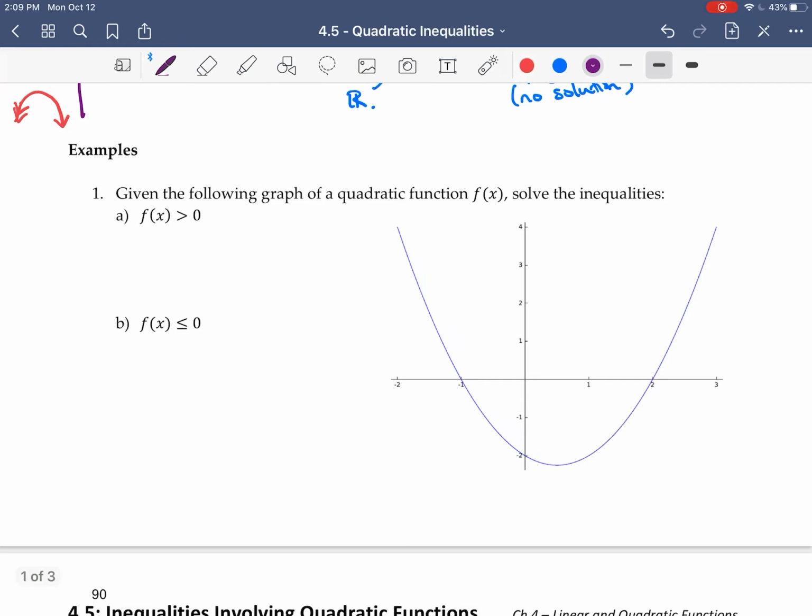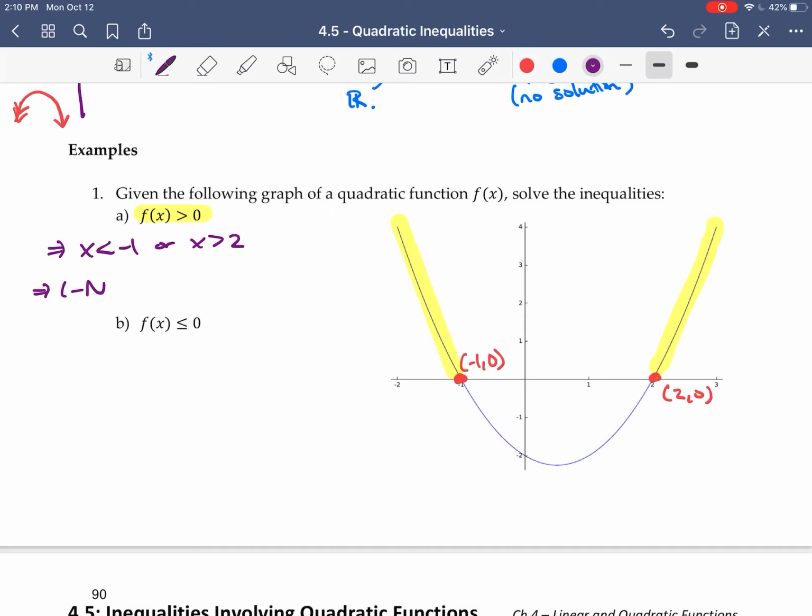So just reading from the graph. So here I have the graph and I can see that there's an x-intercept at (-1, 0) and at (2, 0). Okay, so now if I want to know where the graph is strictly bigger than 0, that's all of the points where the y values are above the x-axis. So that's going to be these intervals here. So that's going to be x is less than -1, or x is bigger than 2, or in interval notation